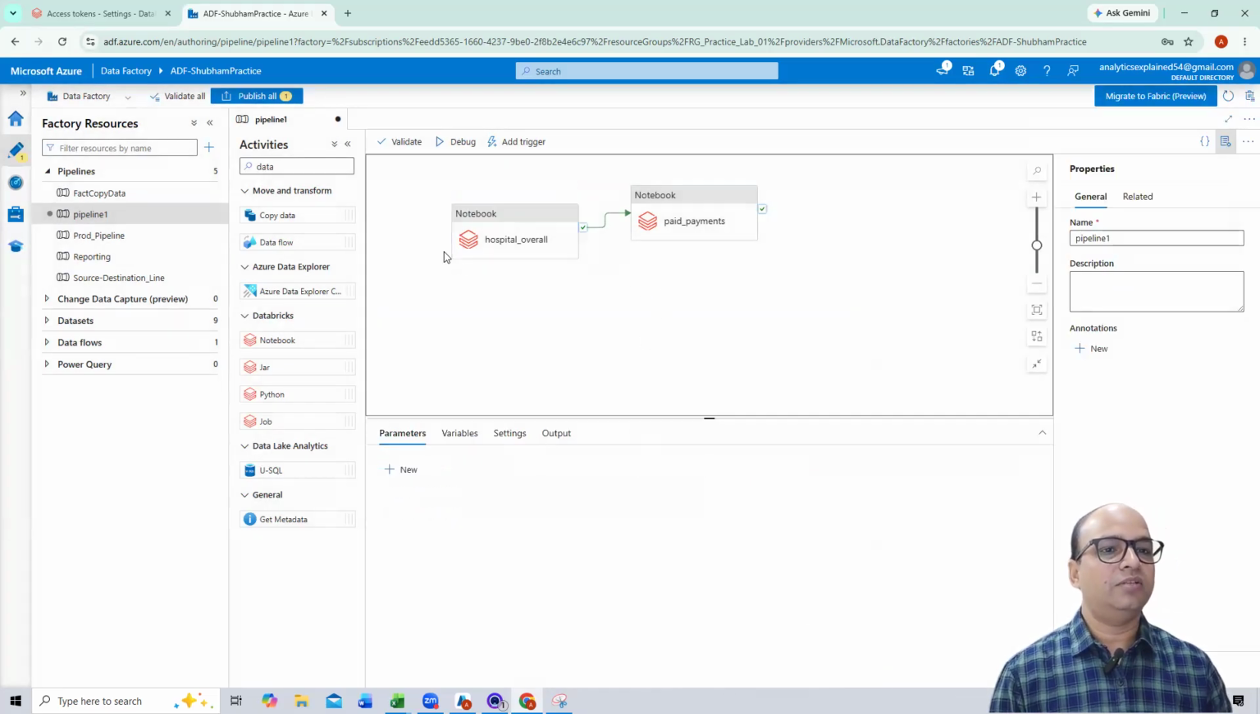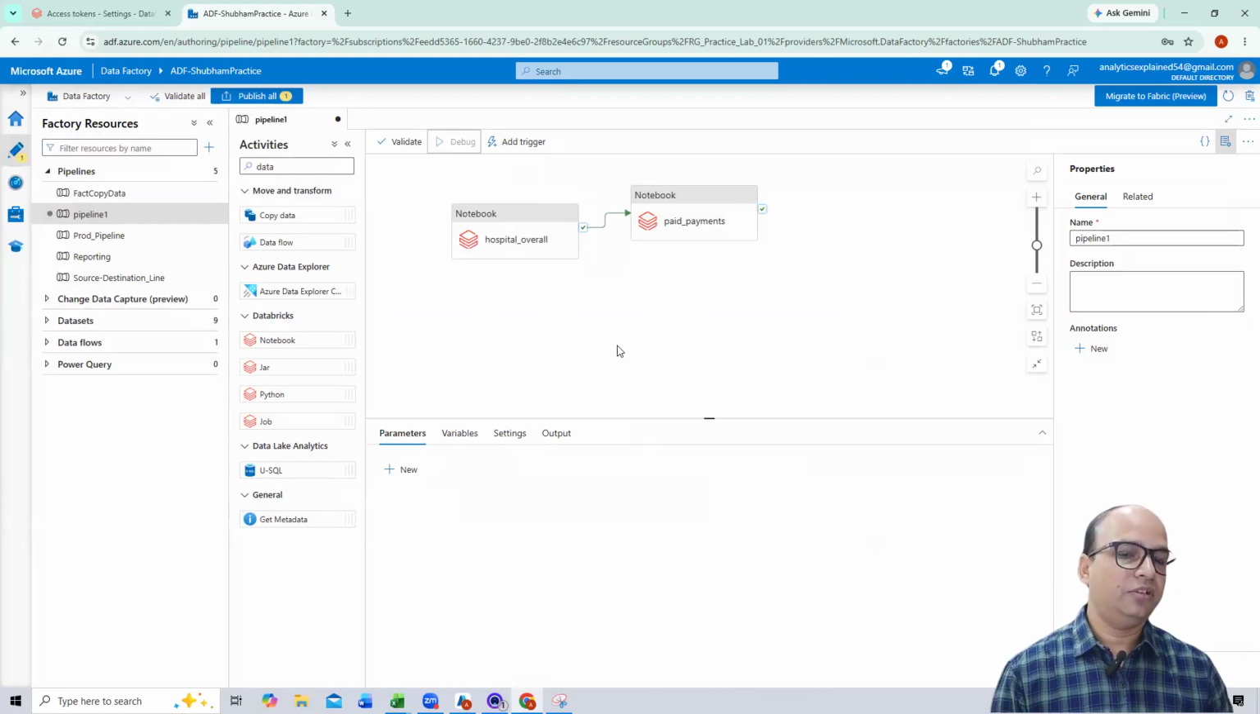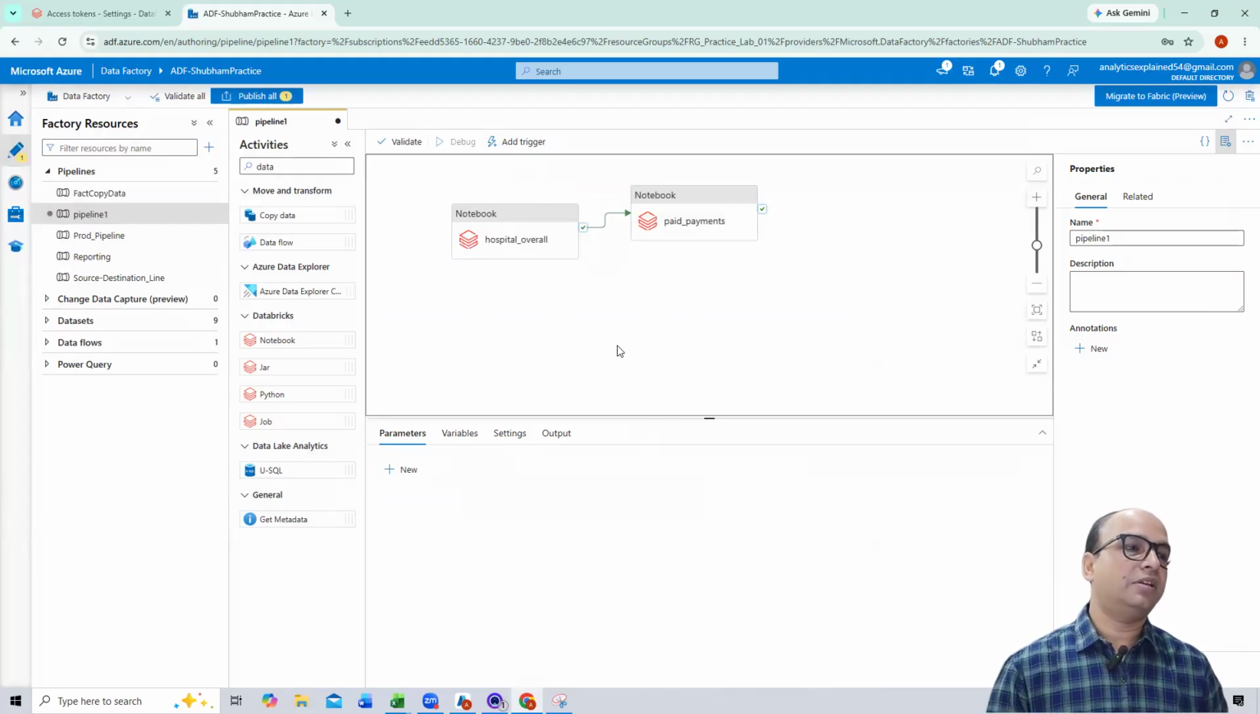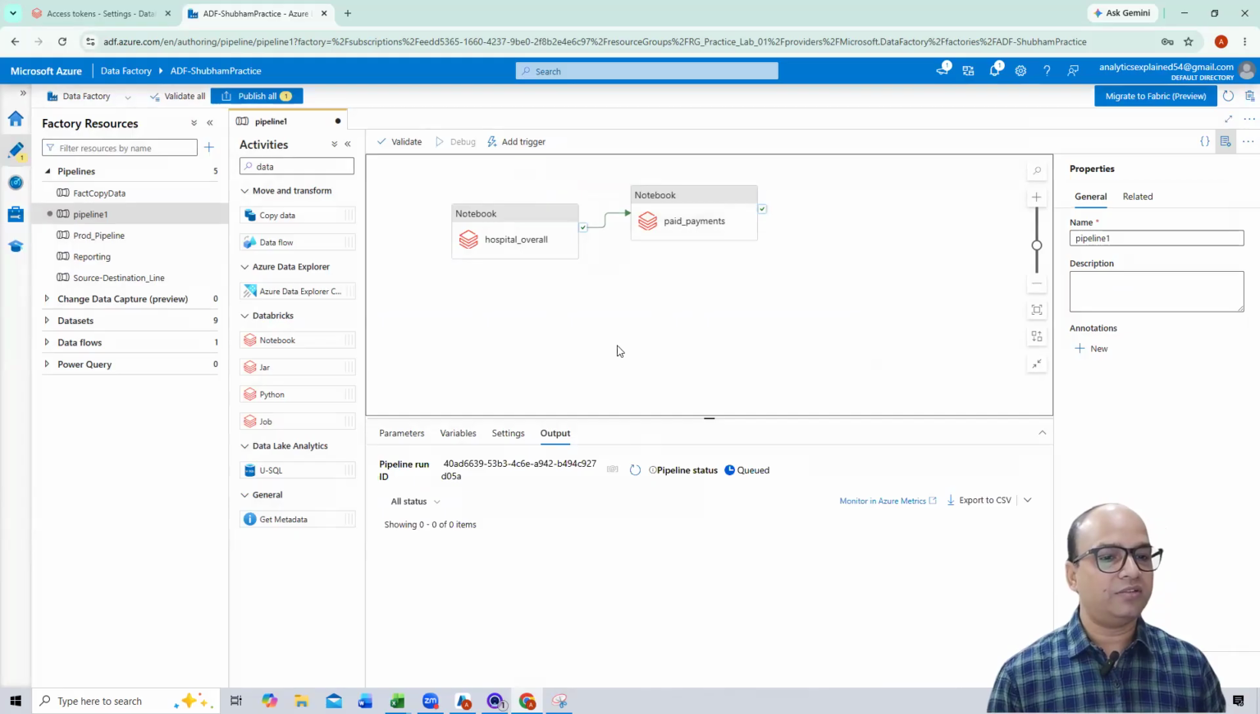Now you can see we have two notebooks inside there, and now we can debug it. When you debug it, it will start the cluster. It will start working as you have seen inside the jobs. Same way,